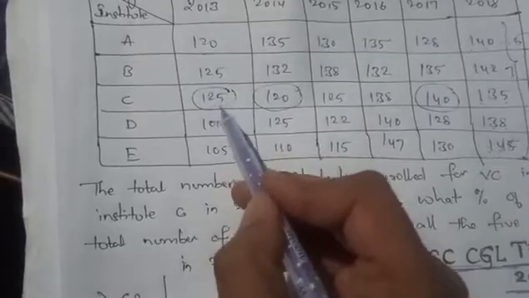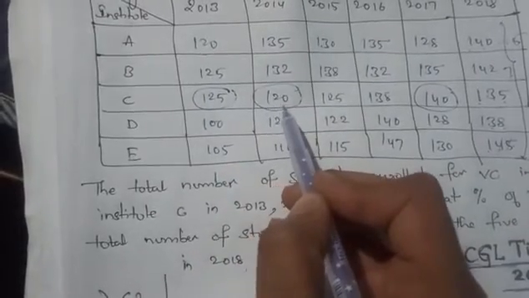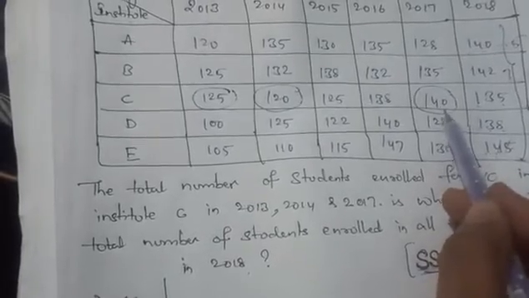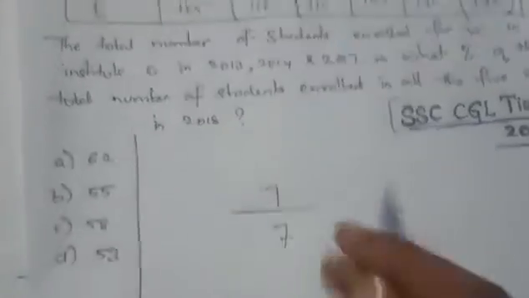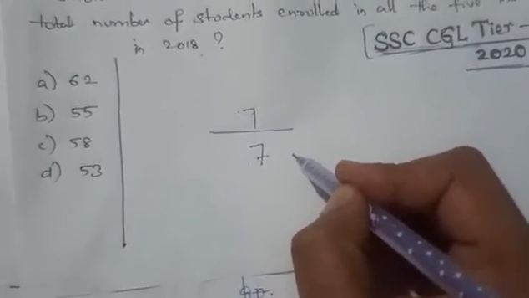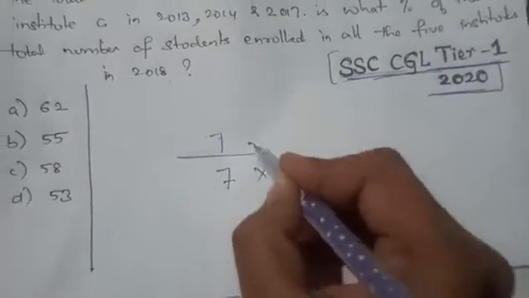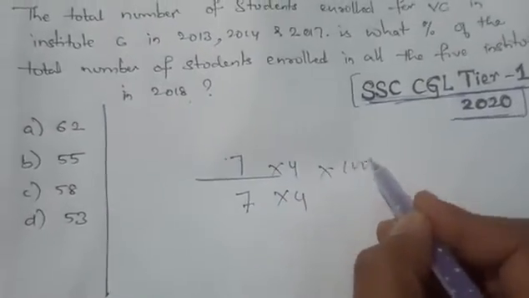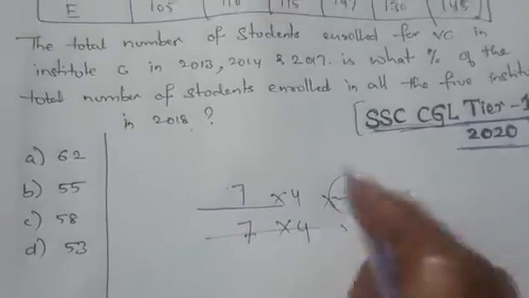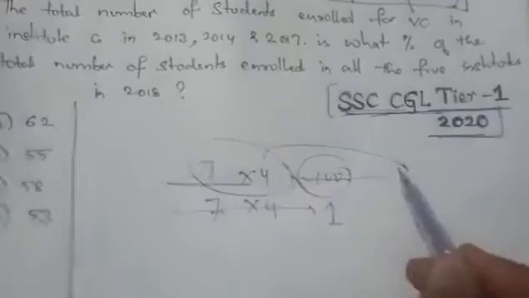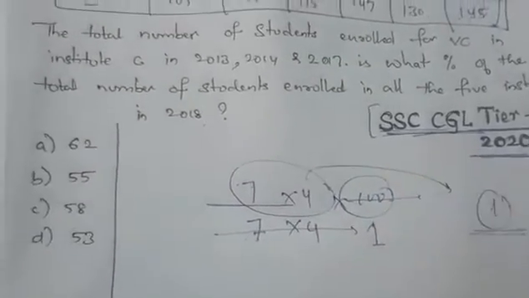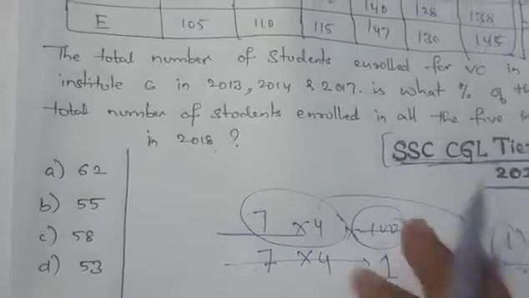And what about the numerator? 1 2 5 gives 8. 8 plus 3 is 11, which means 2. 2 and 5 is 7. Again 7. As I previously told you, whenever you get a digit sum of 7 in the denominator, you have to multiply by 4, right? And the percentage as usual, no value for this. So 7 times 4 again gives digit sum 1, and 7 times 4 again gives digit sum 1. So whichever option has digit sum value 1 will be my answer.